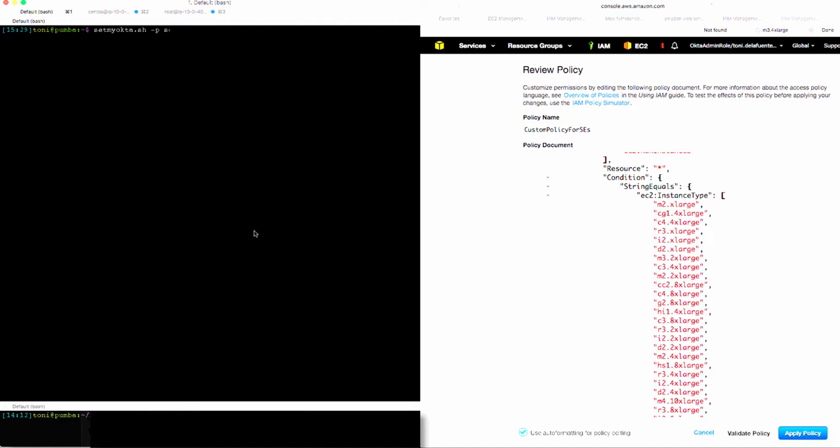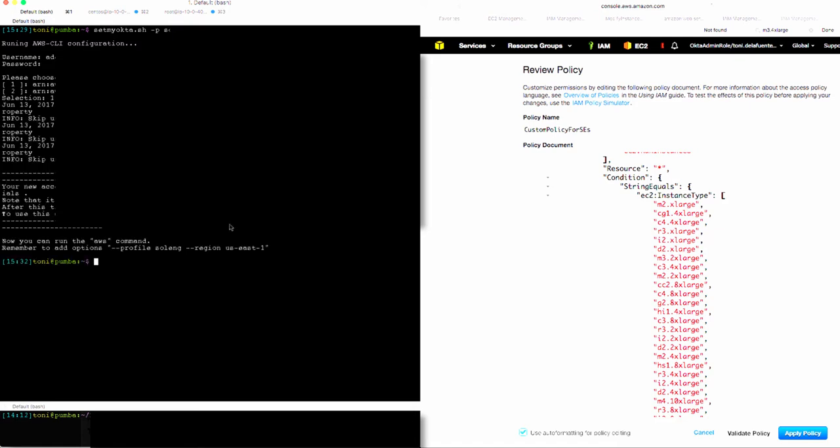a particular account. In this account I have two roles. One role is to work as an admin, and the other role is to work as a solutions engineer, as you can see here. So I'm going to choose the solutions engineer role, and now I can run my AWS command using that